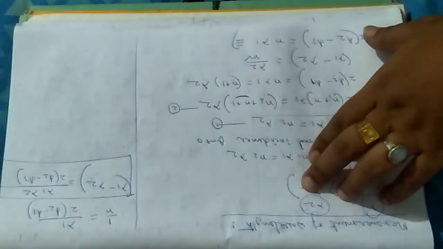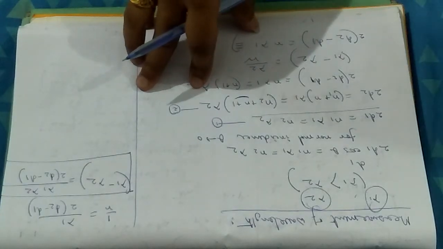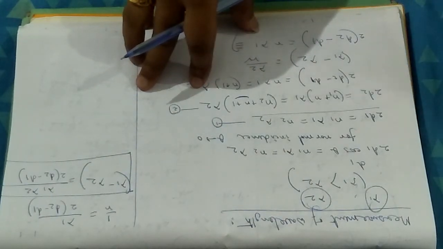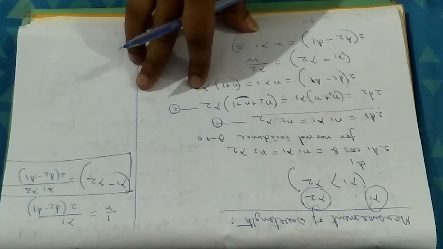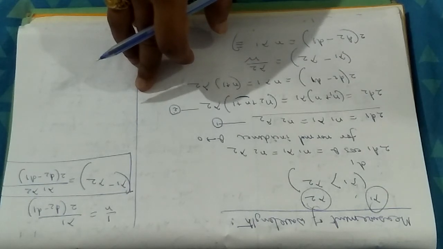Applying this equation, you can calculate the separation between two very close wavelengths, lambda 1 and lambda 2. But you have to know the values of d1 and d2, for which the first and second coincidences are occurring. So with that we conclude the Fabry-Perot interferometer. The calculations are not very difficult, but you have to try the calculation on your own. First go through this video, try to jot it down, then go through any book, try to calculate it once on your own.